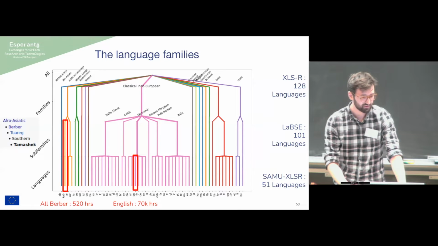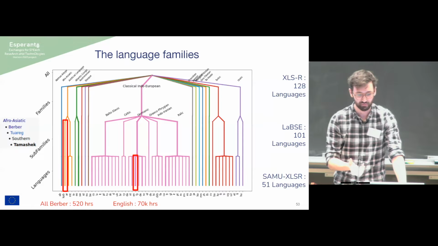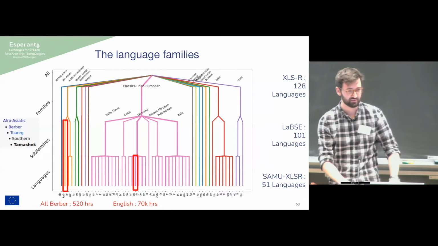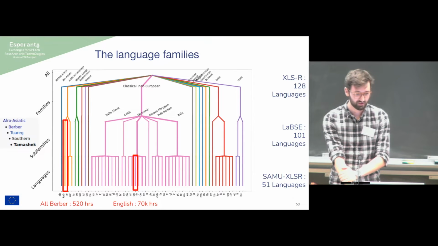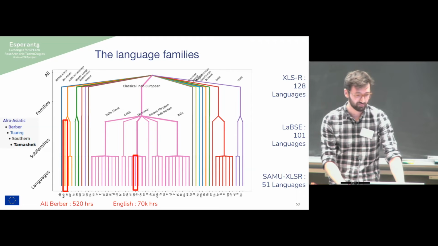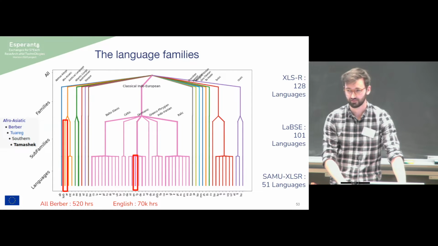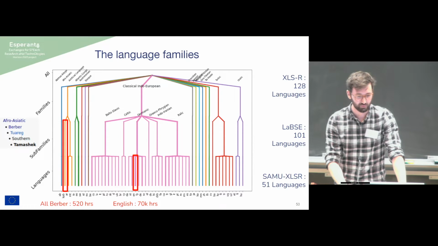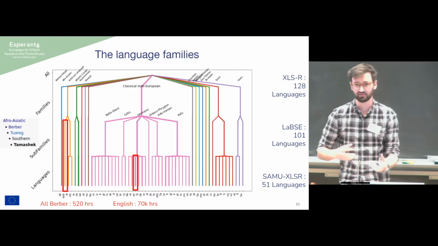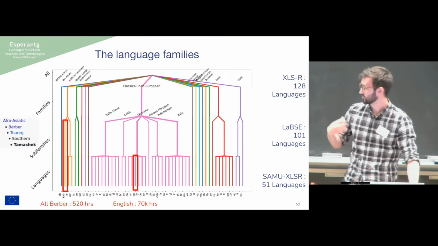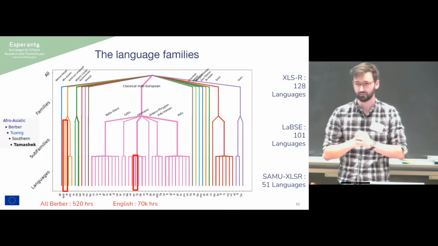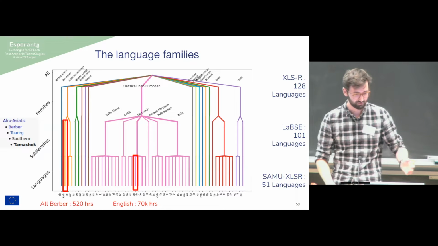One thing that's already striking us is that the huge majority of languages are from the classical Indo-European family. You have English, for example, that's our main point here for SAMU-XLSR, with 70,000 hours of speech, compared to, for example, the Berber subfamily, the one containing Tamashek that we are especially interested in, that only contains 500 hours, so that's a bit unbalanced. Of course, during training, the system used samplers that balance the data, but it doesn't change the fact that the system can see a much greater variety of data from some languages.